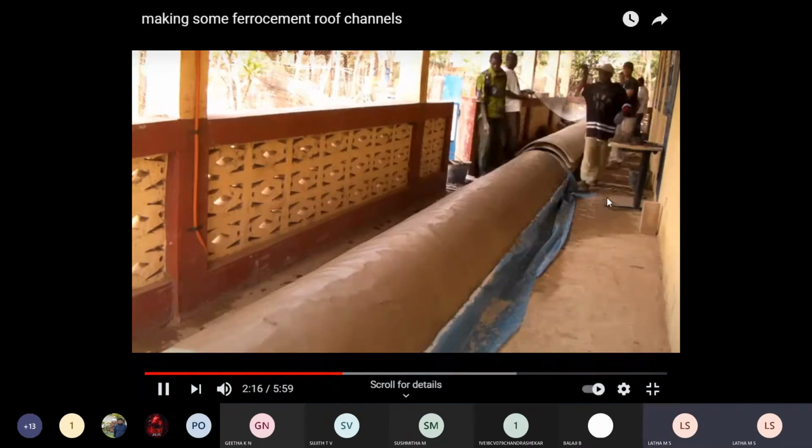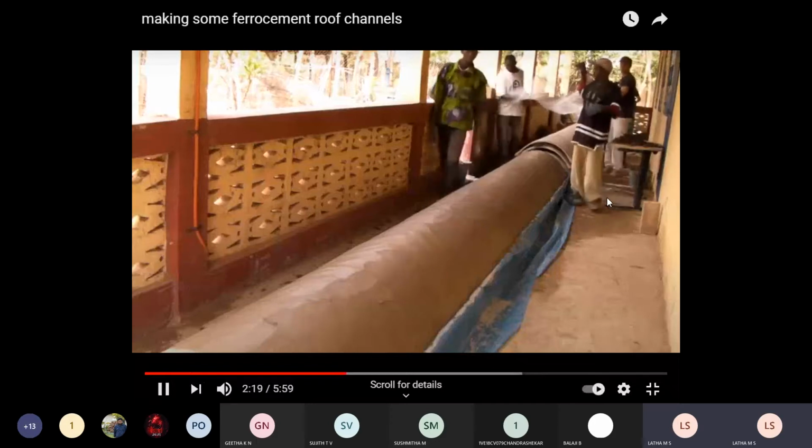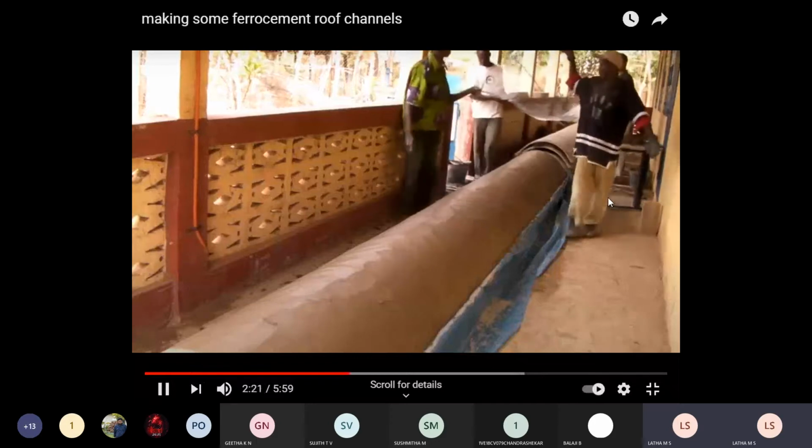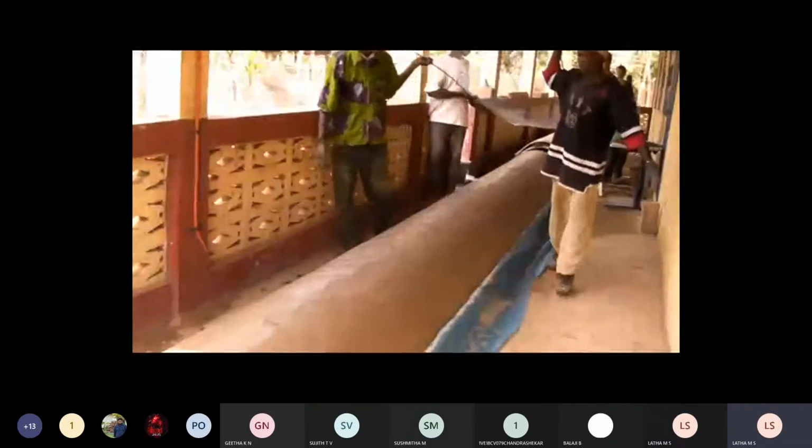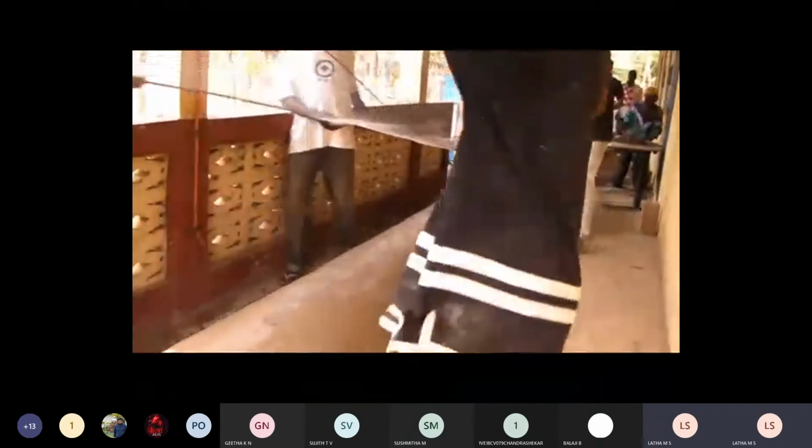See the mesh, the reinforcement mesh on the layer cast. They are pulling up the mesh, ferro cement. The thickness of the first layer has been taken care of. On this, to the entire length of the channel, the mesh is being laid along with the steel bars. The steel bars are only at the boundary. It is equally and carefully, accurately being laid on the channel section.